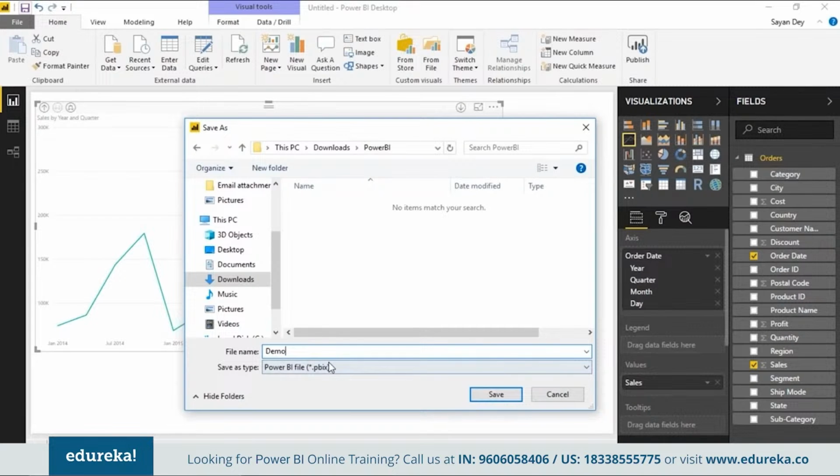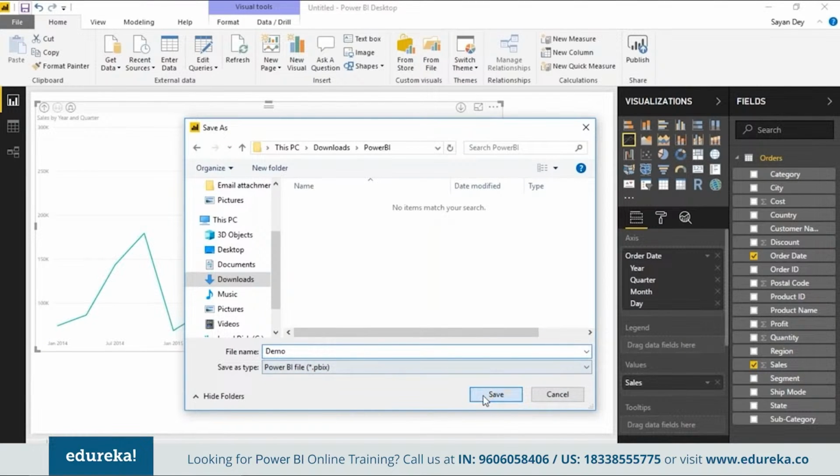Remember, Power BI reports get saved with the file name extension of PBIX. That's another very important interview question. They tend to ask you what the different extension types are, and it's not only Power BI files. There's also something called template files, which I call the Power BI template file, PBIT. Remember these two types of extensions. PBIX stands for the Power BI analysis file, and PBIT stands for the Power BI template file. Okay, so I'll save it with the name demo.